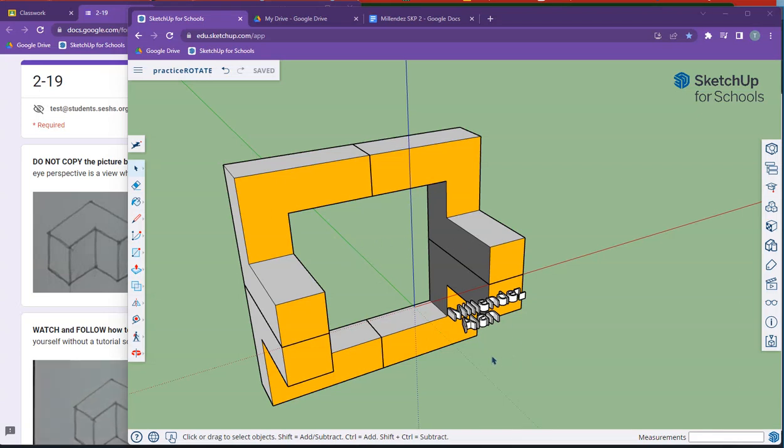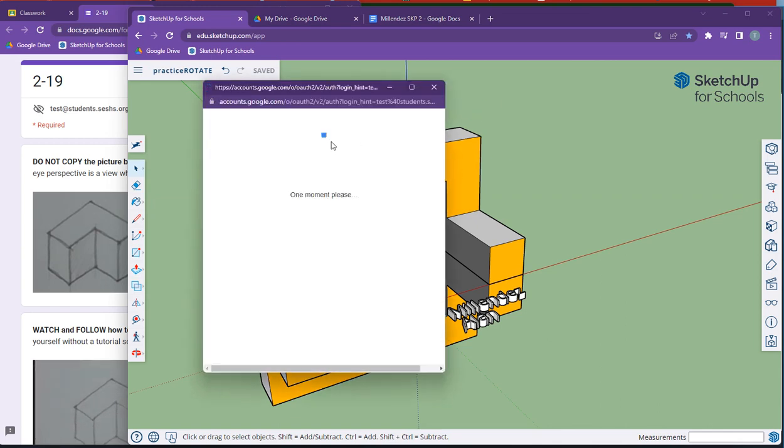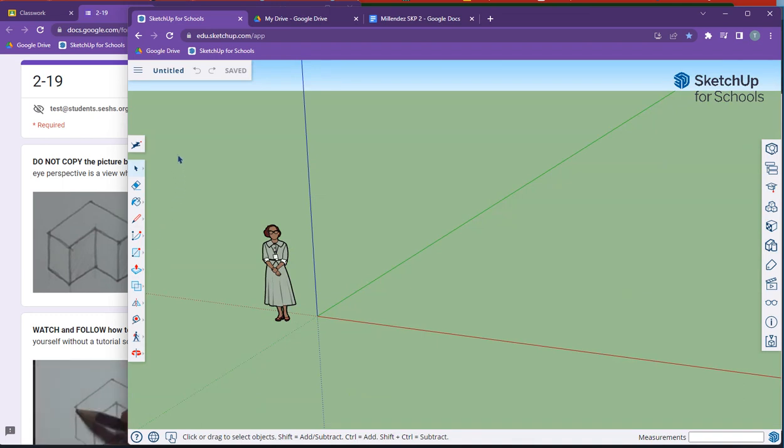Okay, let us start a new file. So click this and click Home first. Sometimes your connection to SketchUp will be severed, and so you need to refresh in order to make that connection again. I'm going to click New, and then we are going to save this first to begin with,